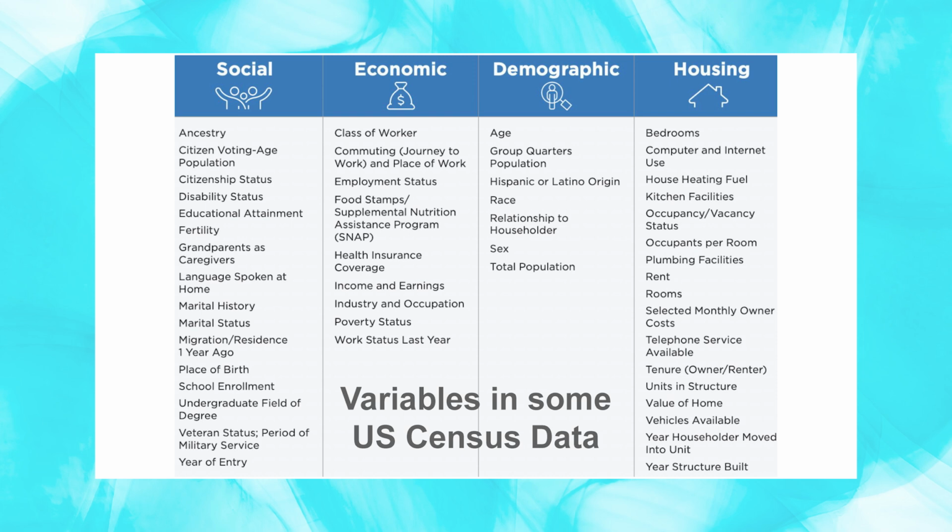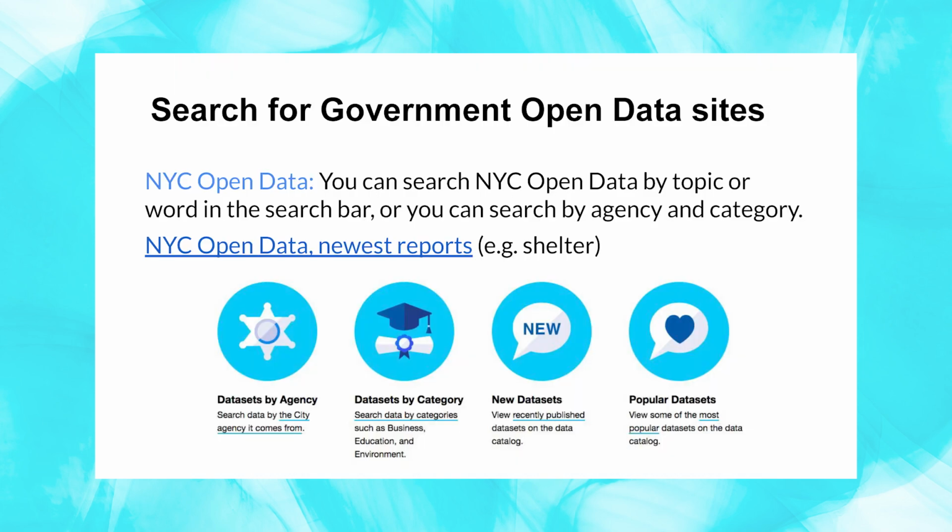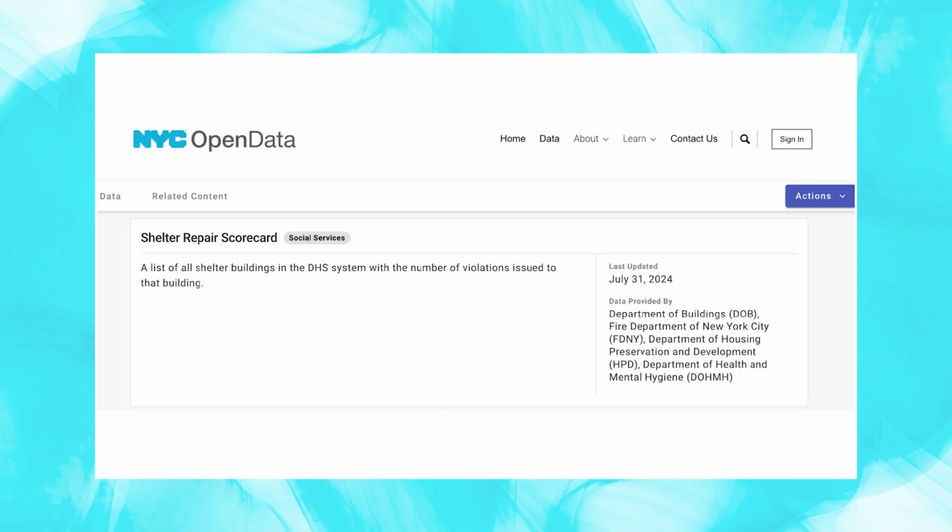Many city, state, or federal governments share data on an open data portal. Here's New York City's open data portal. There are also New York State and federal government portals. Here you can browse by agency or just type in a topic like homeless shelters. Try a simpler search like homeless, or here I just search shelters. So this is a list of shelter repair scorecards, which also, it turns out, is a list of shelters in